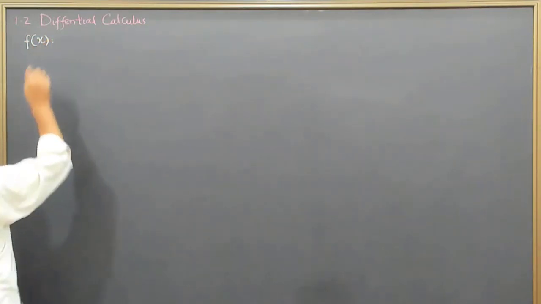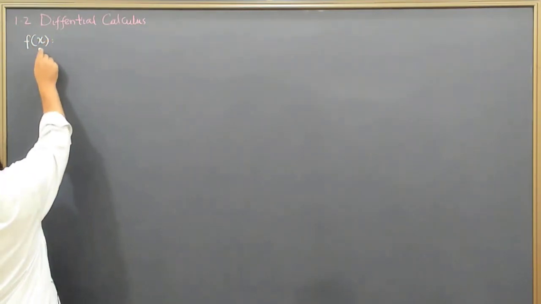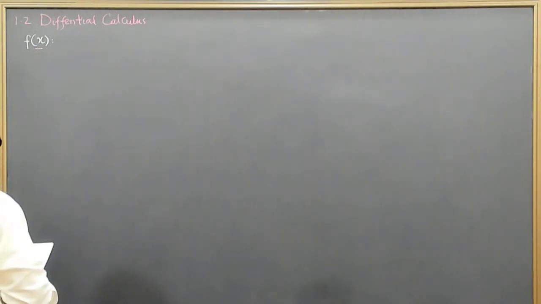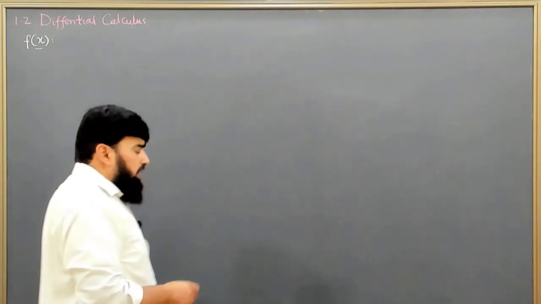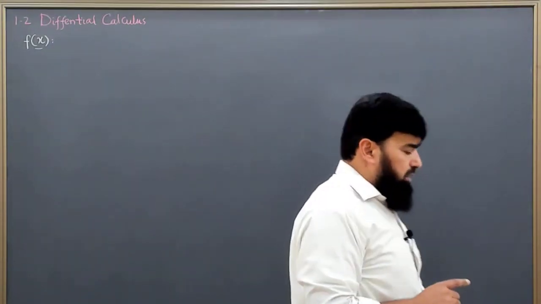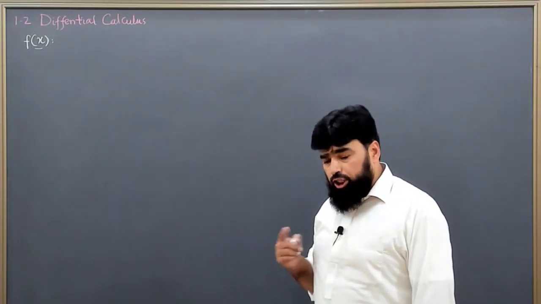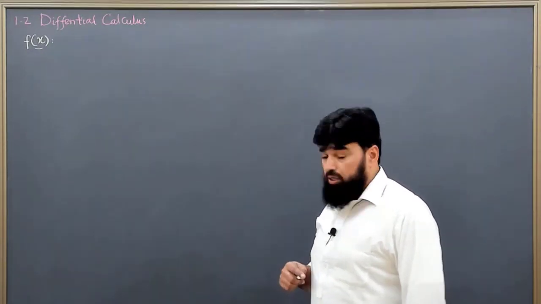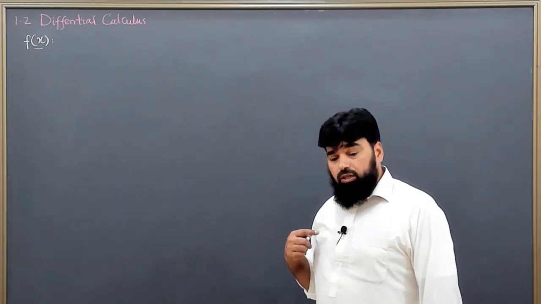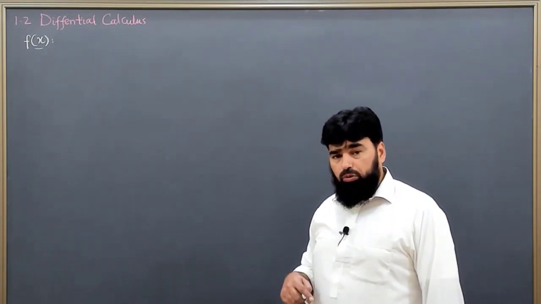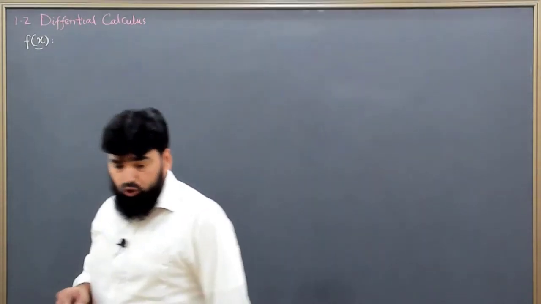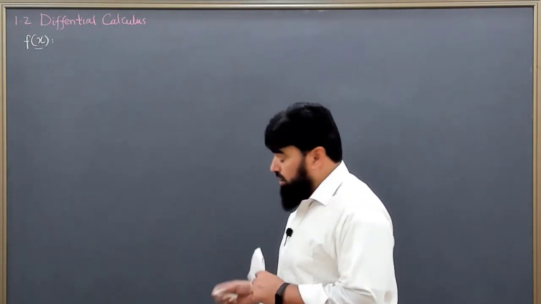variable x, and this is called the domain of it, the variable of this function. So the question is: what does a derivative tell us? A derivative tells us the change in the function with respect to its domain, with respect to its variable. And if the derivative comes out to be more, the change will be more. In other words, we call the derivative a slope. So it gives us the slope of a function.